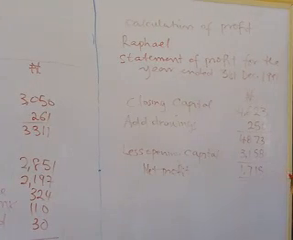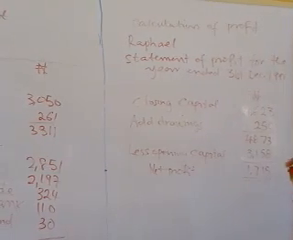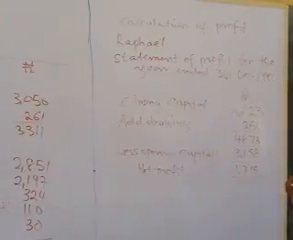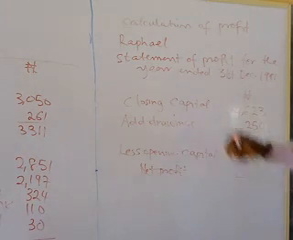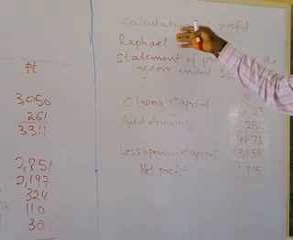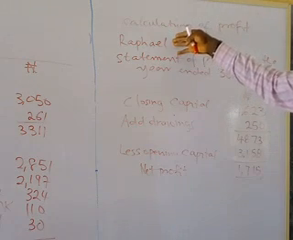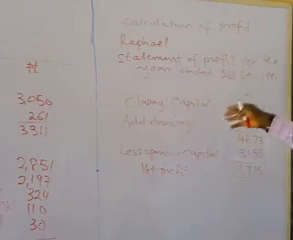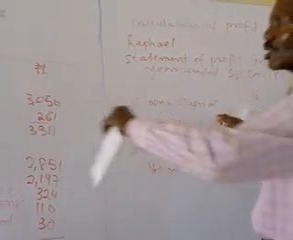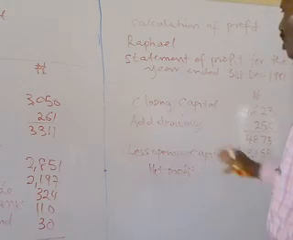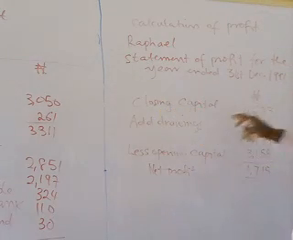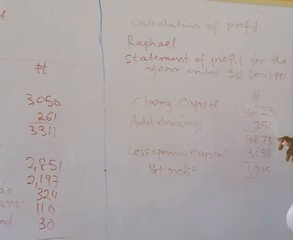On this side of the board, I want to explain how we calculated Mr. Raphael's profit. It's on the board. You can see there, calculation of profit. The title will come first, Raphael. Now you can see closing capital. This is the format which you must go through. The format is closing capital, add drawings. These two together will give you